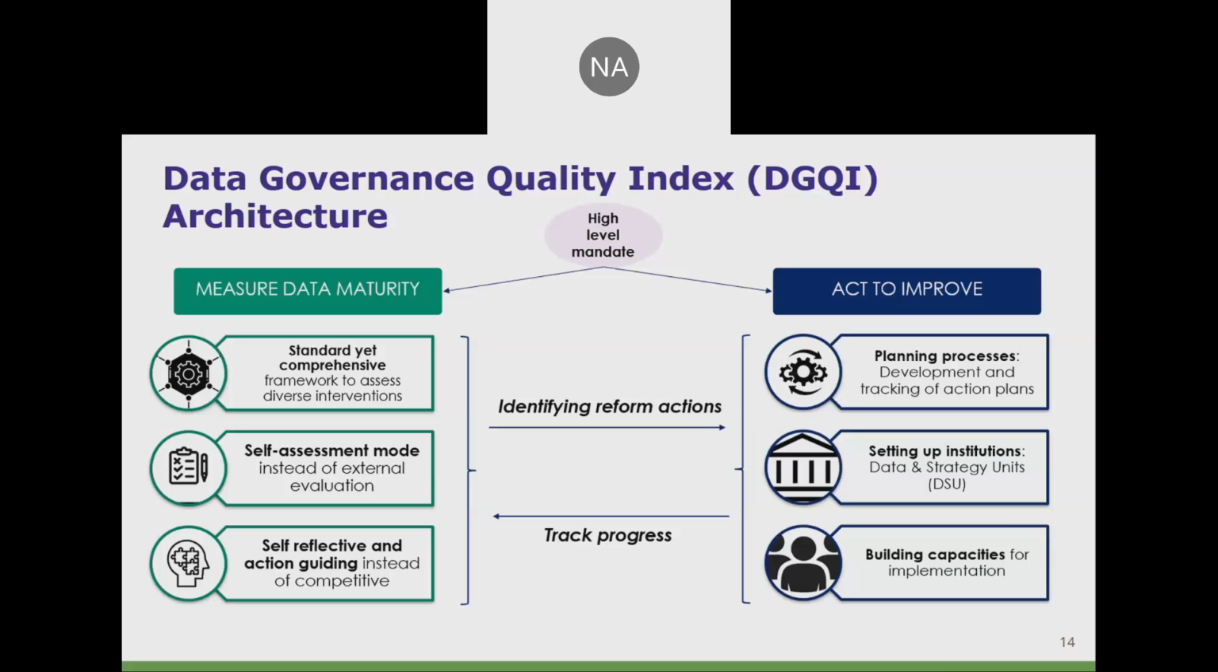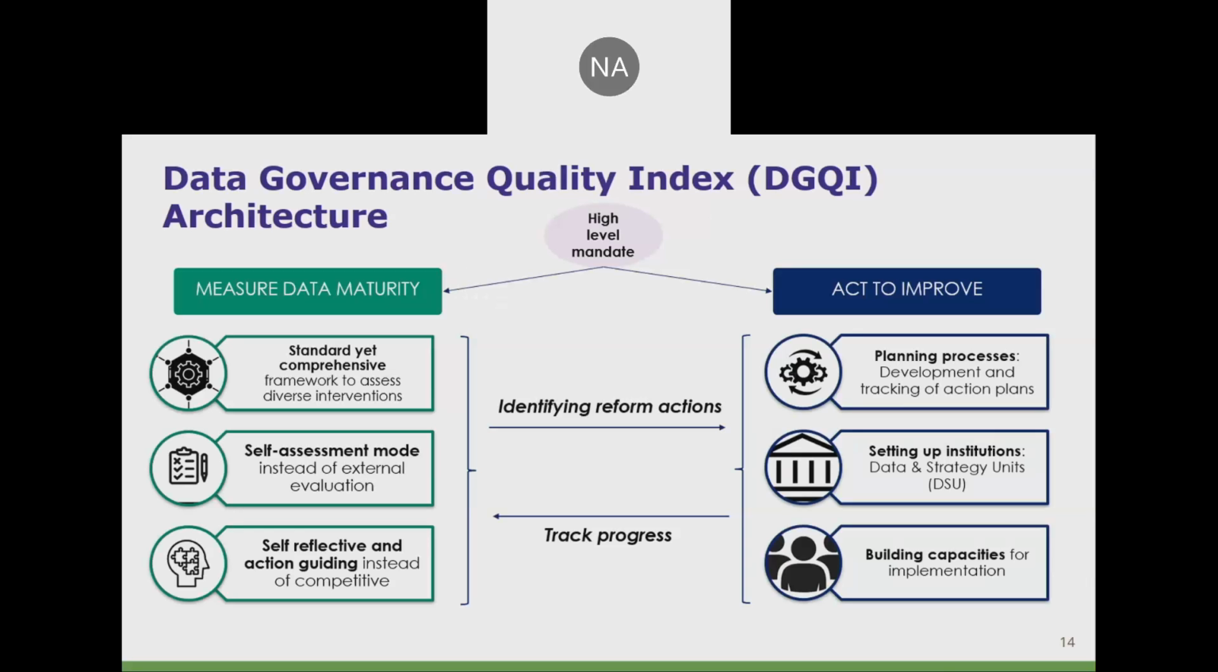how can you have a single questionnaire which understands such diverse data systems? So to understand where every department stands, you do that in a self-assessment mode. You ask the ministries to fill up the questionnaire, and then that gets used for self-assessment to identify where one stands. Now, having done this